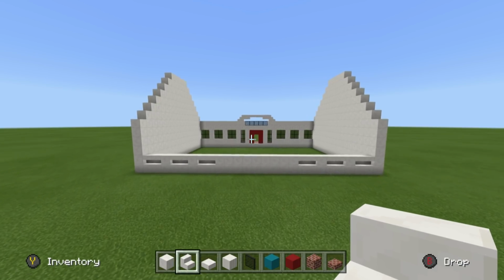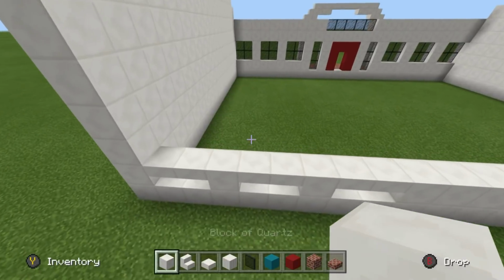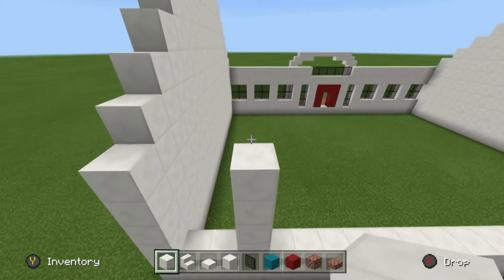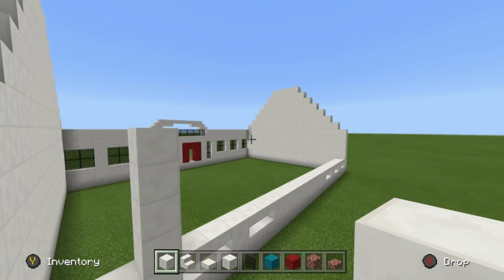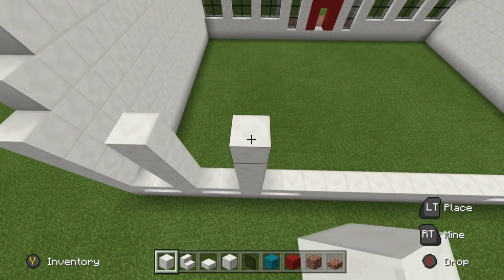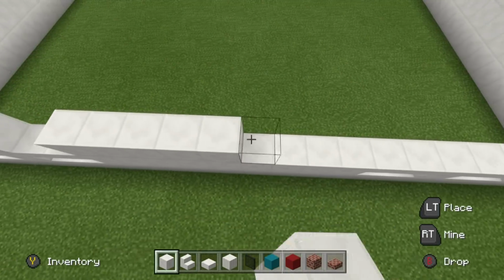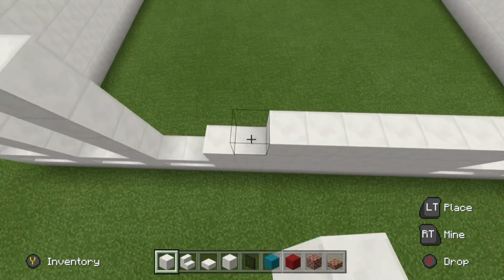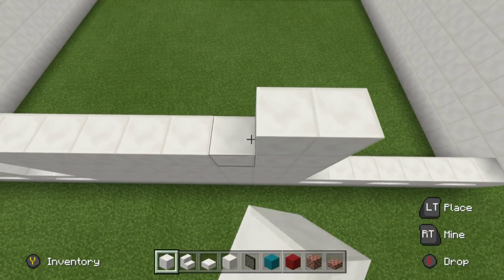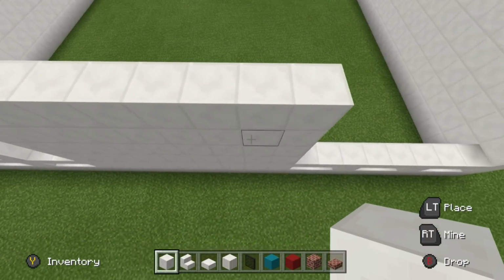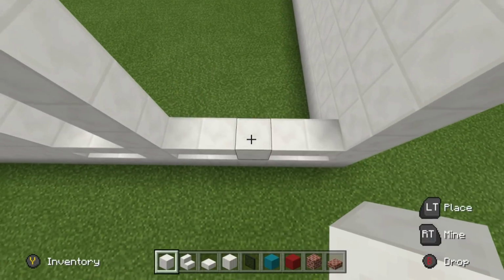Okay, next job is for us to extend each block of quartz upwards until it is as high as the frame on the left and right of us. So that's the job. We're going to take all of the blocks of quartz and raise them up until it's as high as the frame. We will then be boxing in the windows, and then once that has been complete, we can move on to